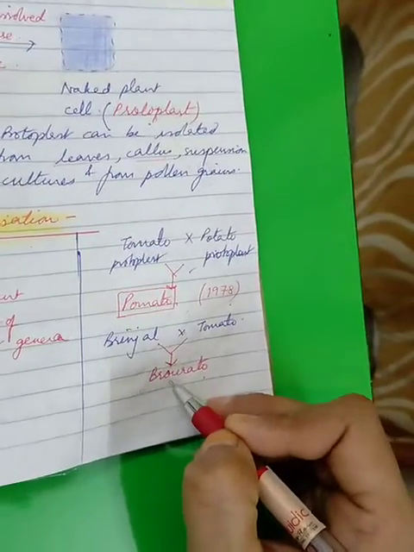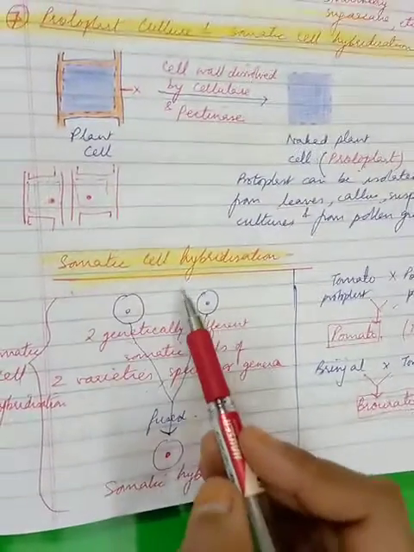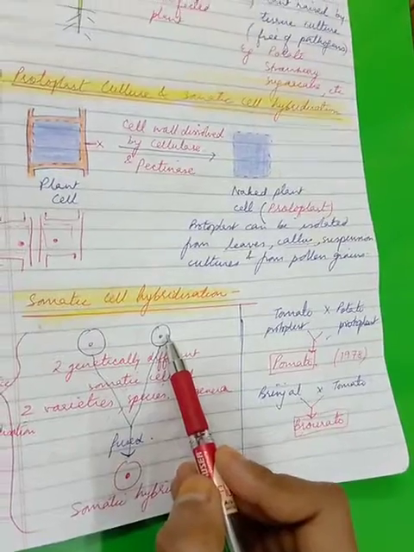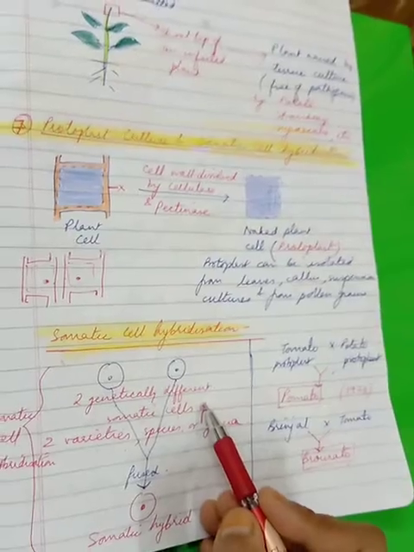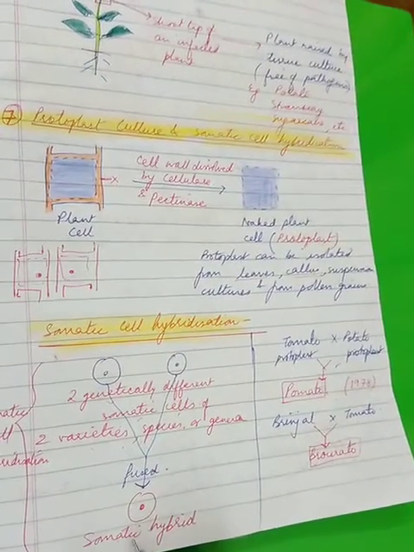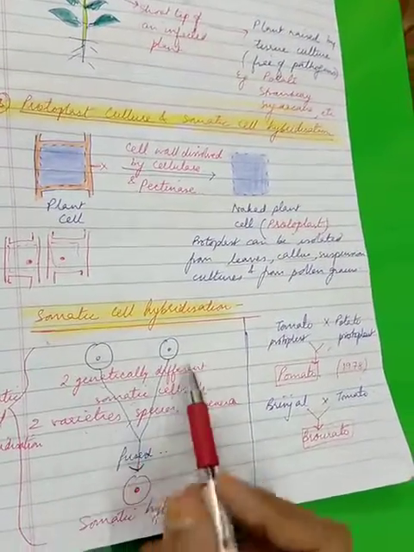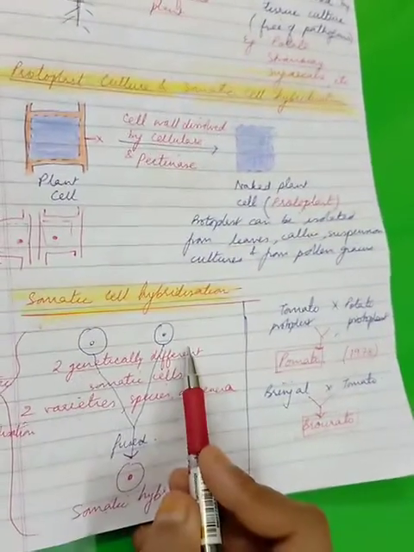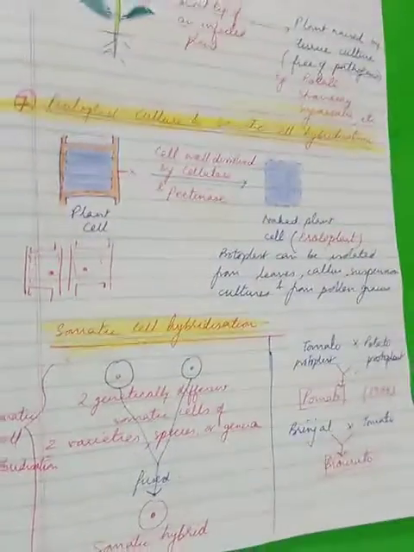How could this be possible? It could be possible only because of this technique called somatic cell hybridization. One cell of potato, the other cell of tomato, have been brought to the form of naked protoplasts and they have been fused. Why fused? So that we can obtain the somatic hybrid, because they were genetically different. They could be of two different varieties, different species or different genera. Alright, and such a hybrid is called a somatic hybrid. In plants, this is achieved by protoplast fusion.